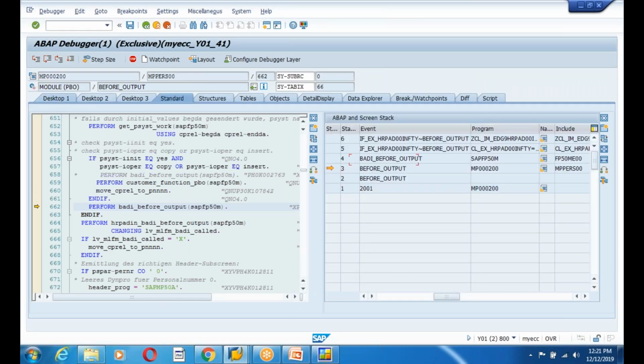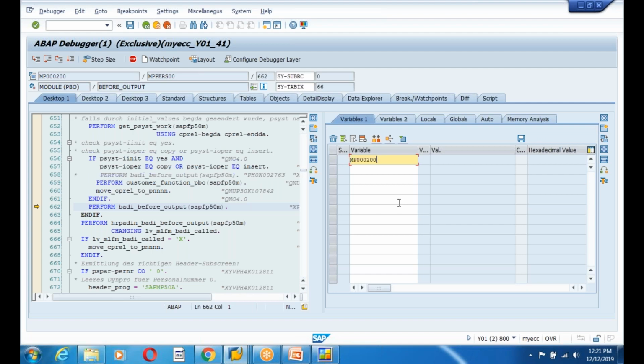So take this, Control V, of PA0002. First enter. No, not PA, sorry, P0002. Enter. Yeah, guys. See, from the global program, this is the global program. This is the module pool. From this module pool, you can access the structure PA0002